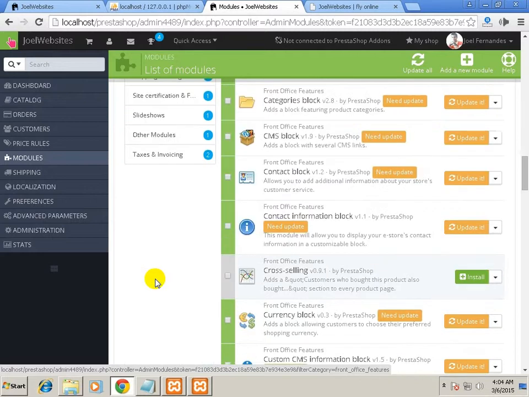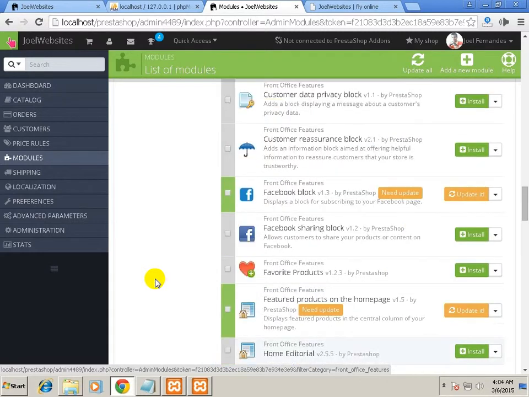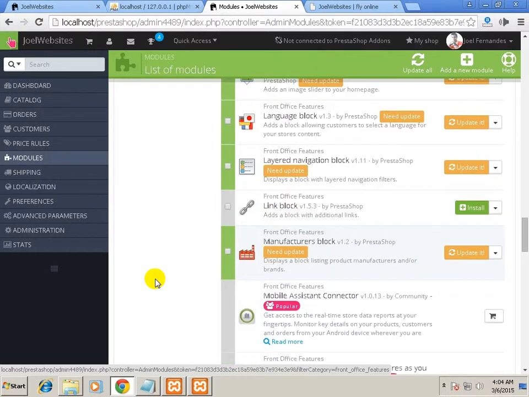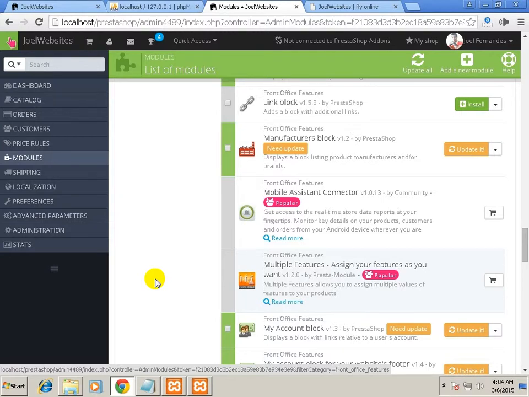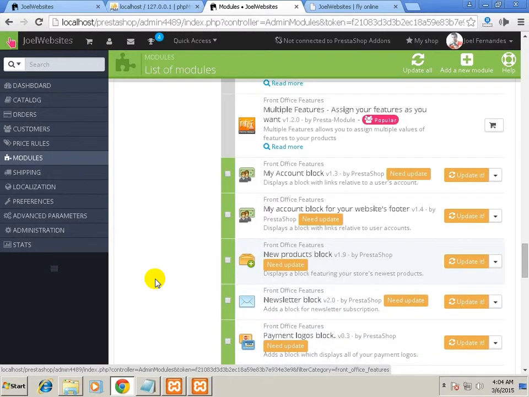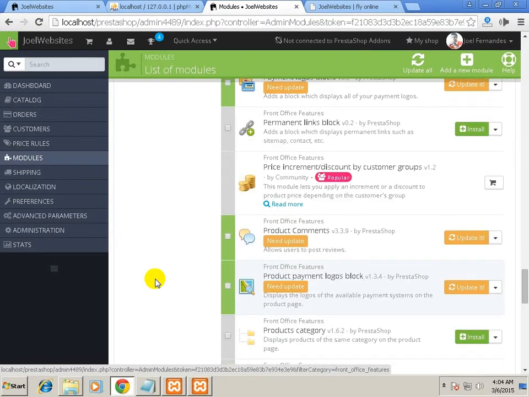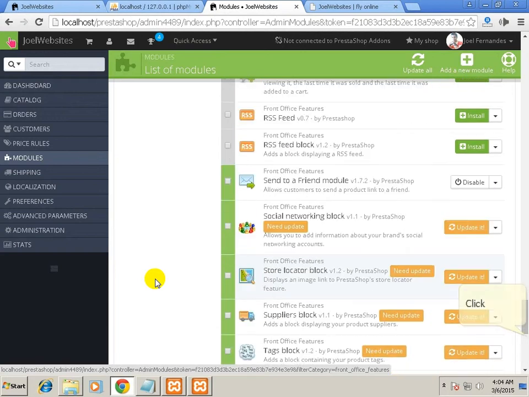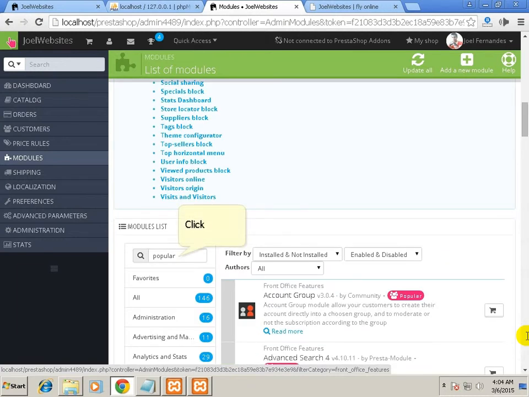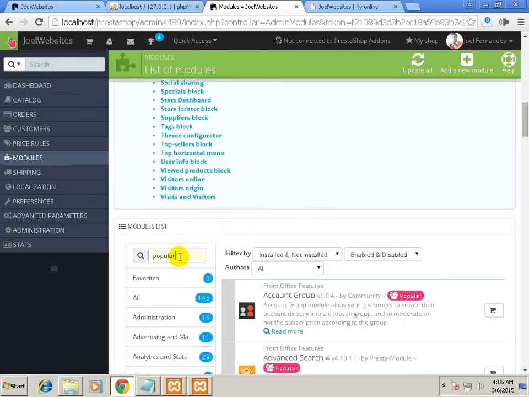So now these are the names of several modules: manufacturer block, link block, new product block. You must have seen the new product block, and the popular block is similar to the new product block. It's loading. I think I have searched for the wrong name.